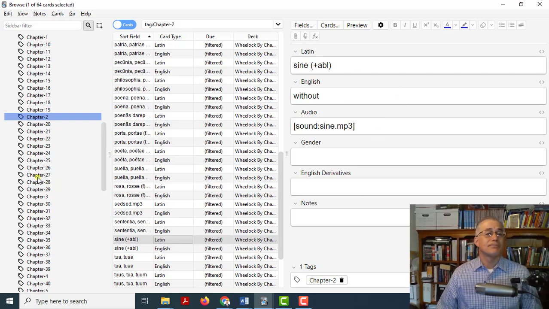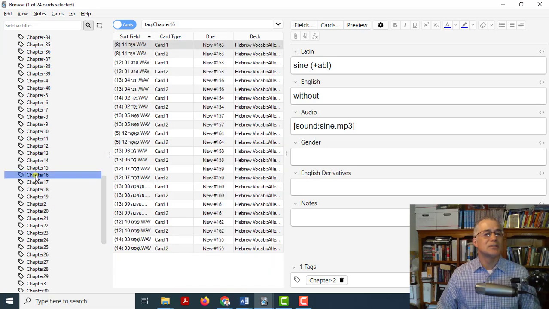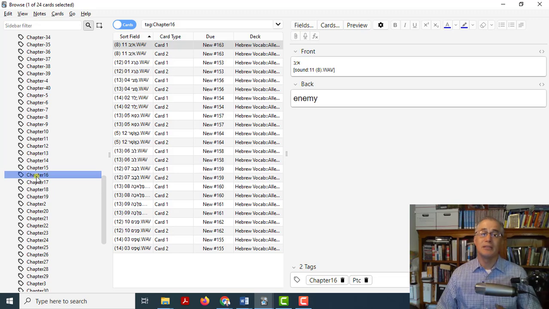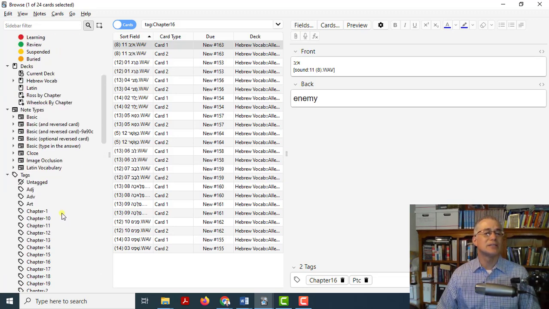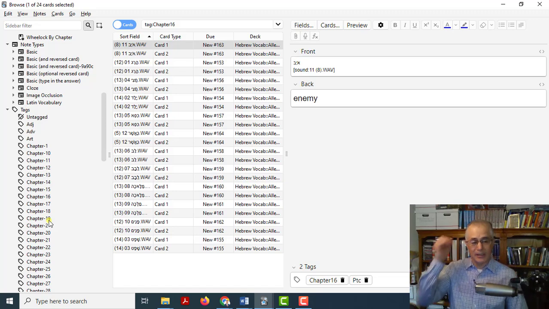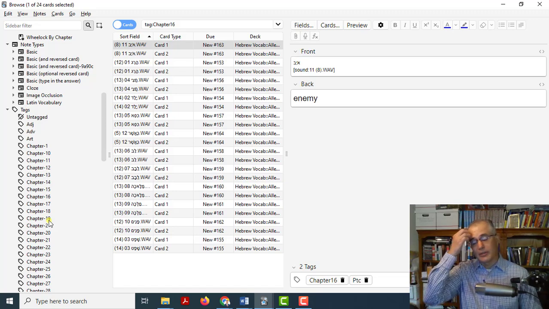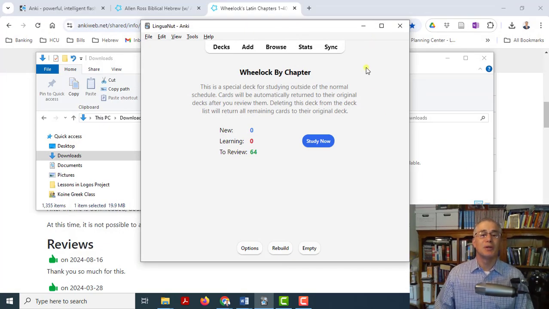template here. All right, but if you go down farther, you'll notice that these other chapters are tags for a different deck. This is the Ross deck. Okay, so you have to be careful when you're looking at tags on this master list that sometimes you may think you're looking at one resource when you're really looking at a different one. That's that. Let me close this, and then I'm going to show you one other thing here, and that is